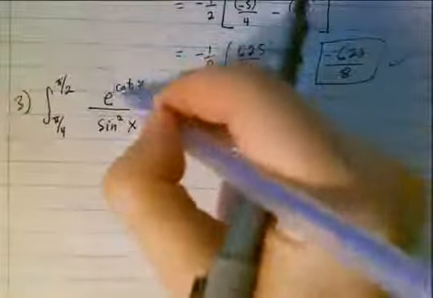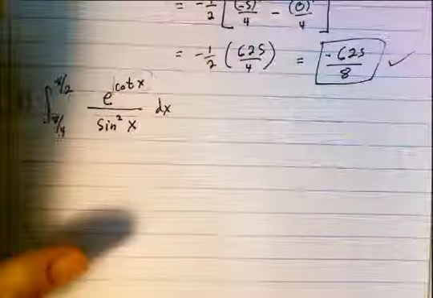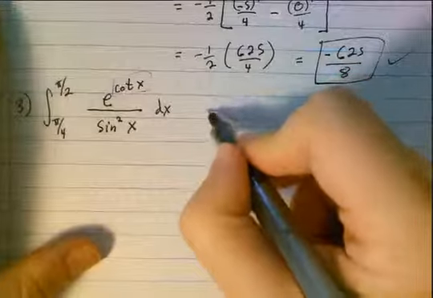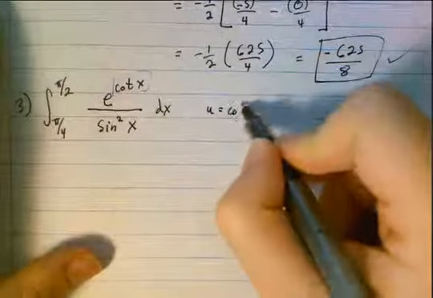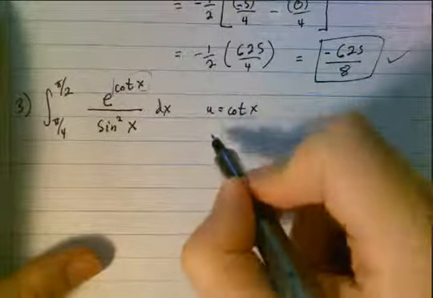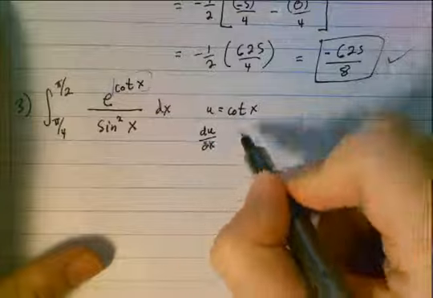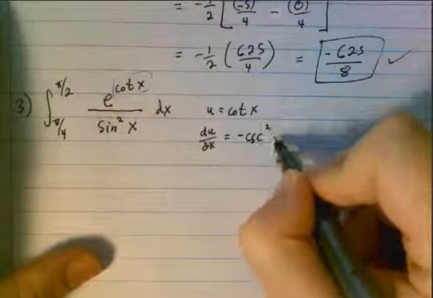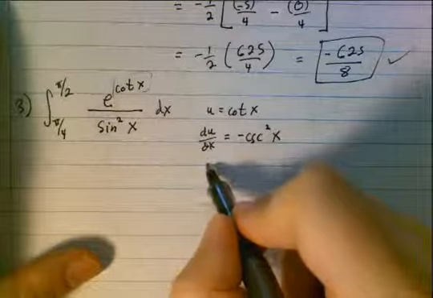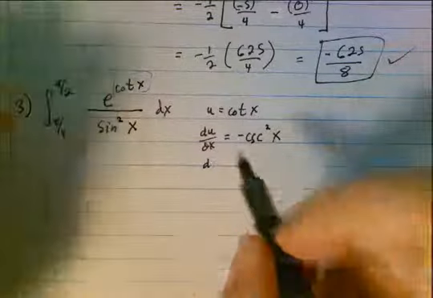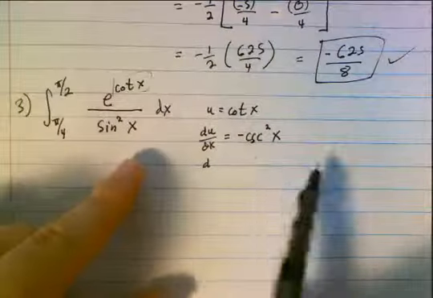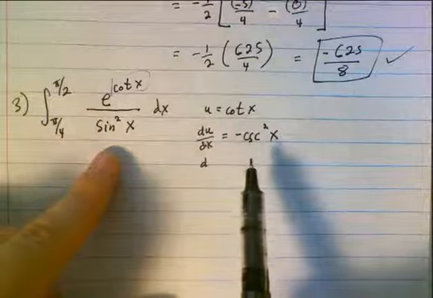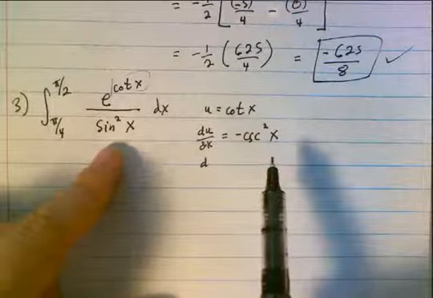Well, we see a box function right here, so that's a good candidate for u. Again, you just got to know that the derivative of cotangent is negative cosecant squared of x. Now, we're going to want this negative cosecant squared and the sine squared x to cancel out, but they don't